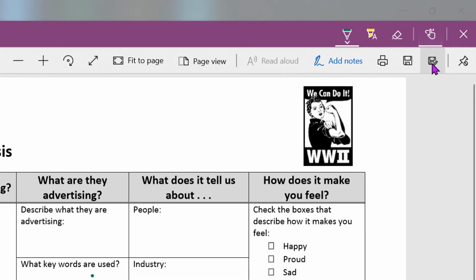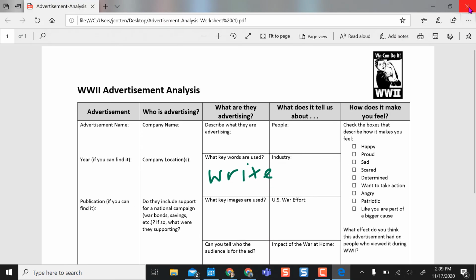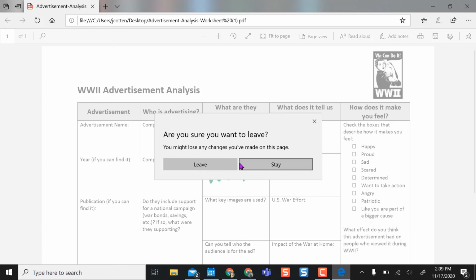If I want to leave and save those annotations, it's very important that I do Save As and save a new copy of this PDF. I don't want my annotations to override, so if I just select Save, these annotations will override that PDF. When I close out, it'll ask me again if I want to leave or stay, and I'm going to leave